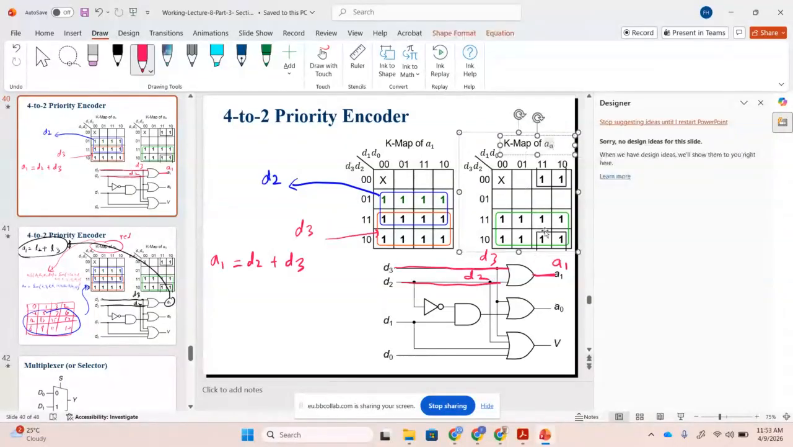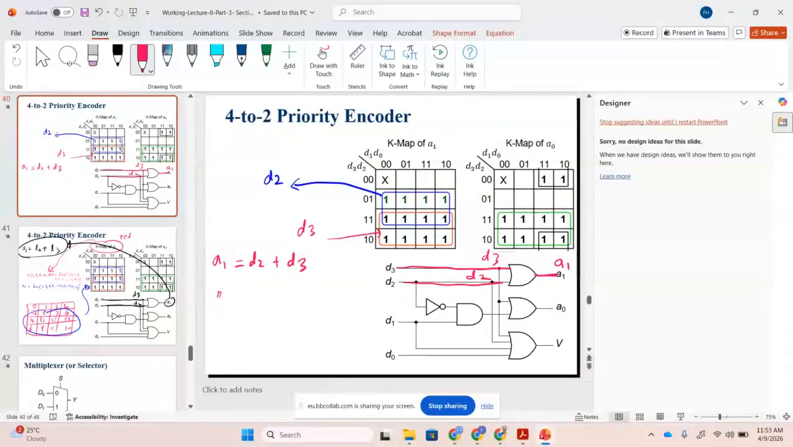For the K-map for A0, we can make a big group. So what is the expression for A0? If you look at here, A0. Now look at the green one. What is the green one? The green one is D3 plus, and now we have this group. Can you see this group and this group? We go from here to here. So this is D3 plus,